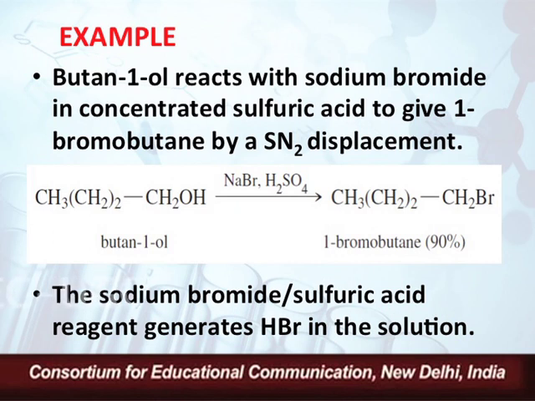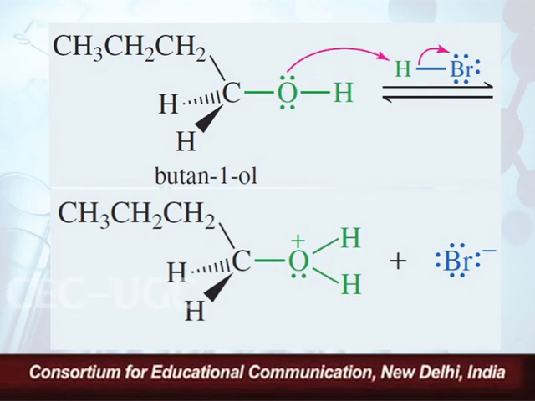In this, sodium bromide reacts with sulfuric acid to generate HBr in solution, and this hydrobromic acid then reacts with 1-butanol and converts it to 1-bromobutane in 90% yield. As you can see on your screens,